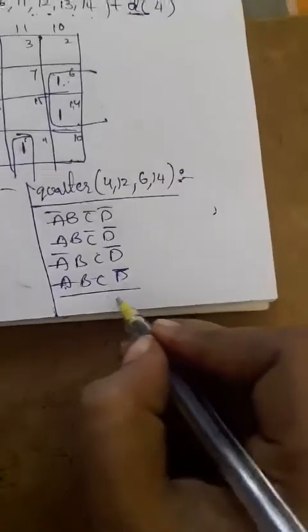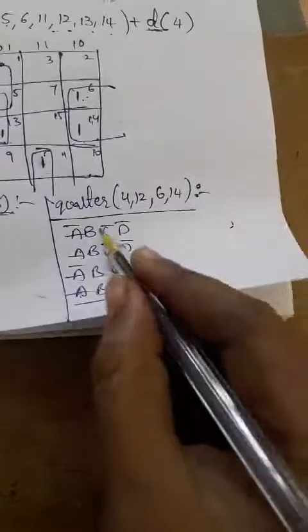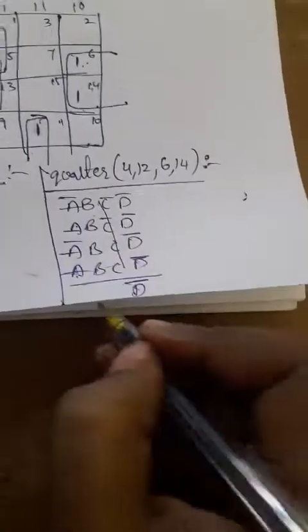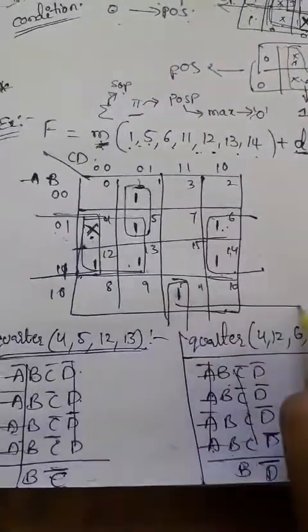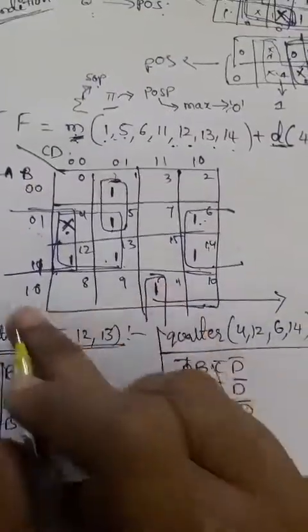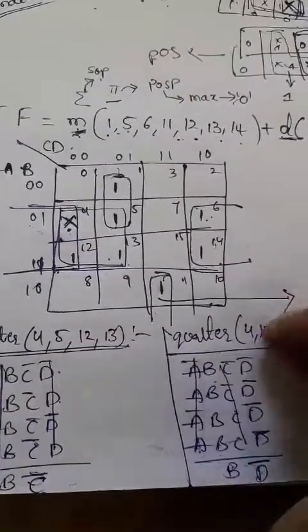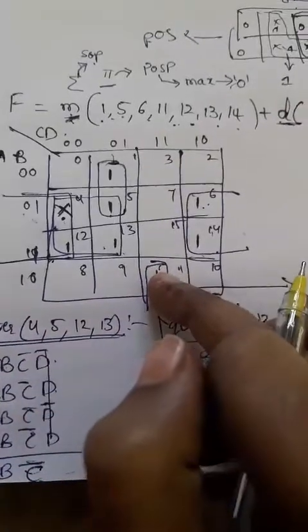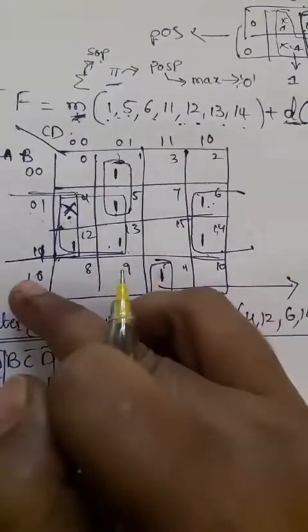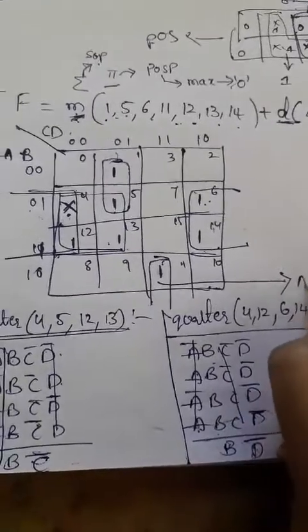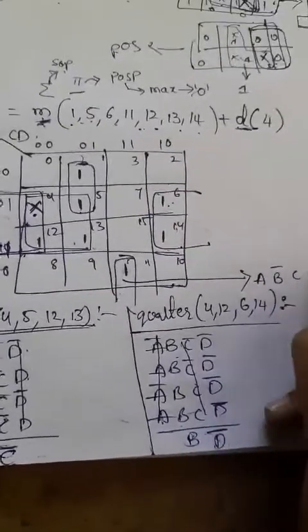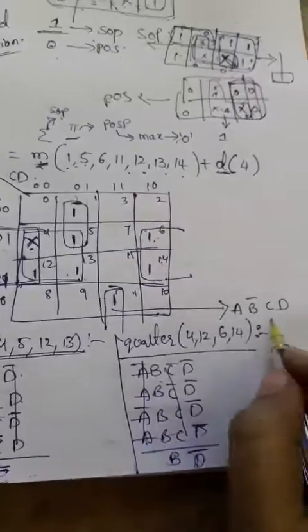So here D complement stays, and C complement is the variable that changes, so they can cancel it. B is not changed here, directly we can take it, and A is also changed, you can cancel that. So these are the two. And the next one more single one we are having, directly we are taking that expression. The single one has no adjacent cell with it, so there is no need to cancel the terms. Directly, the expression we are having is cell number 1 0 and 1 1. 1 0 is nothing but A B complement and C D, 1 1. Okay, so this is that expression.